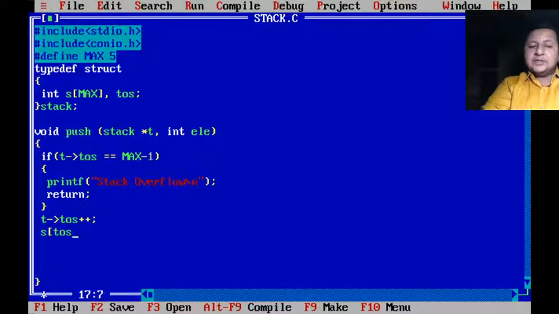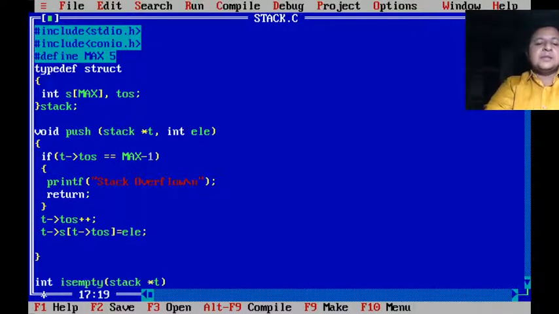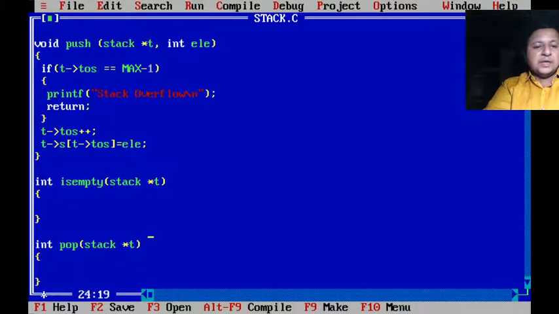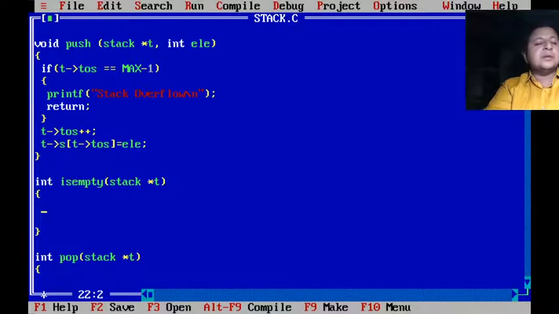Let me write first in the normal style: s[toss] = ele. But again, how do I refer to s? t->s. How do I refer to toss? t->toss = ele. And that completes the implementation of the push function. So let us go ahead with isempty. There it was returning boolean.